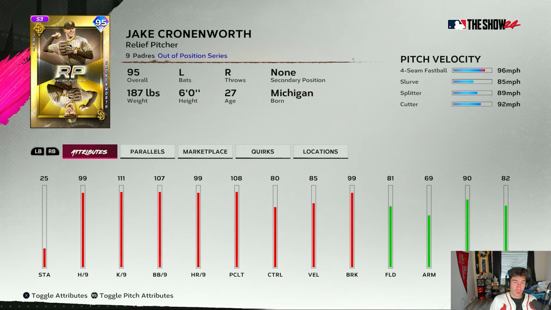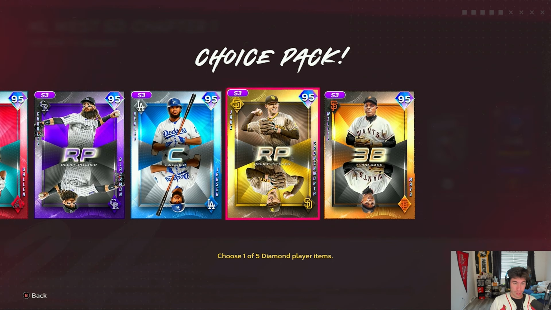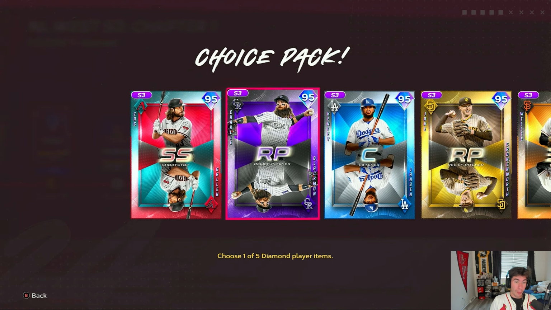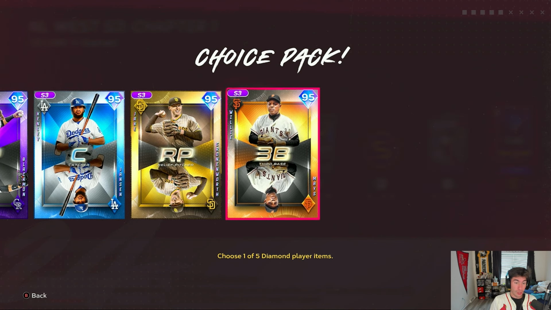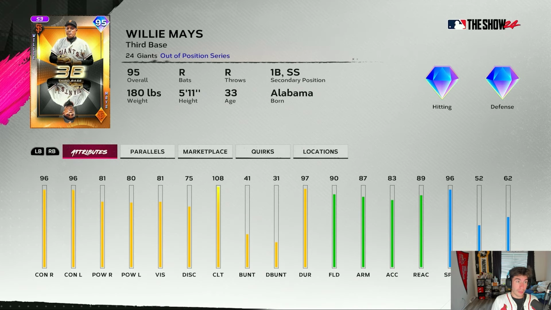I kind of need more relievers. I'm not the biggest fan of his pitch selection, though, so I think just looking at that, I'm going to say Gallen 4 and Jake Cronenworth 5. But I would say number 1, Chuck Nasty, 2, Kenley Jansen, Willie Mays, number 3. That's pretty clear to me for the National League West, but I also haven't used Willie Mays as a third